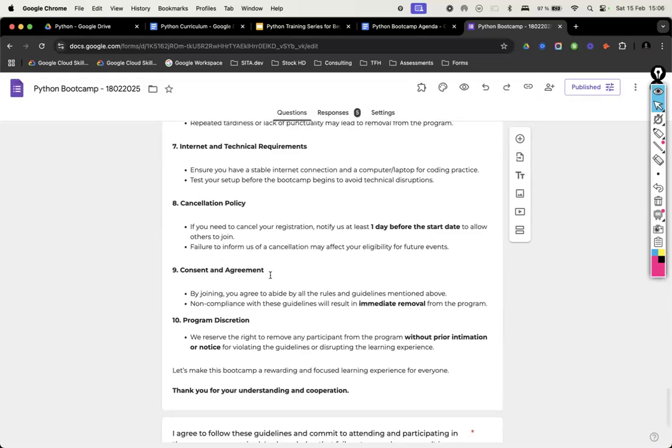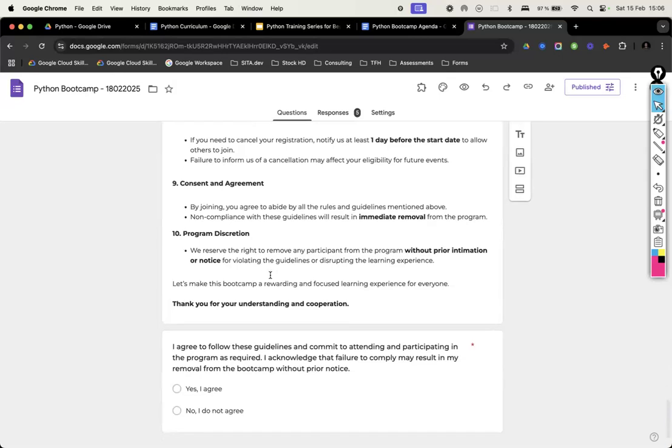Cancellation: you can cancel before the program starts, 1 day before. For example, if it starts on Tuesday and you register today, but you don't want to join, you can let us know by Monday. But we don't recommend canceling after joining. That's the rarest case. No one actually cancels after joining because we limit people from joining anyway. The only concern is don't register if you know that you have some commitments already well in advance. You can join the next boot camps.